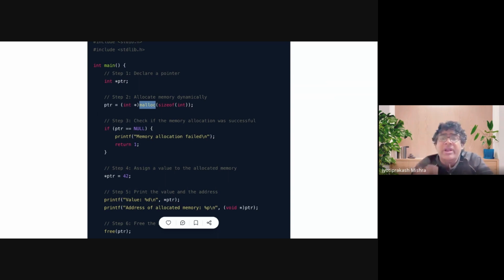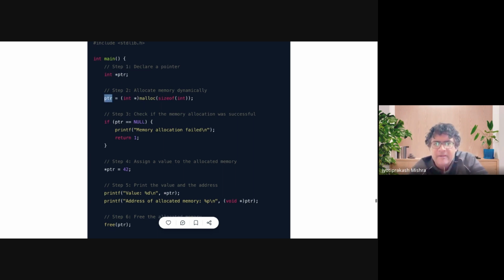अगर मोस्टली सक्सीड करता है, कर गया, तो वो एक वॉइड पॉइंटर वापस करता है, एक जेनरिक। उसको तो पता नहीं तुम क्या रखना चाहते हो, उसके अंदर तुम क्या रखोगे, मैलक को कोई फर्क नहीं। वो क्या करेगा? तुमको शुरू का जो एड्रेस है, जहां से उसने जगह तुमको दिया है, तो फर्स्ट एड्रेस है उसका, वो तुमको वापस करेगा एज अ वॉइड पॉइंटर। It's a generic pointer, it can point to anything. बट हमें तो वहां पे इंटीजर रखने का मतलब है ना, हमारे माइंड में इंटेंट ये है कि हमें वहां पे इंटीजर रखना है, ना कि फ्लोट रखना है। इंटीजर रखना है, हम उसको कास्ट कर देंगे, हम बोलेंगे ठीक है तुम्हारा एड्रेस जेनरिक भले ही हो, लेकिन हम उसको इंटीजर पॉइंटर बना के इसमें रखेंगे, पीटीआर में। ये इंटीजर पॉइंटर है, तो पीटीआर में उसका पता आ गया कि कहाँ पे हमको जगह मिला है। अब जाके चेक